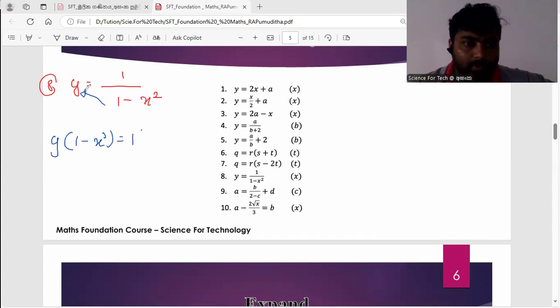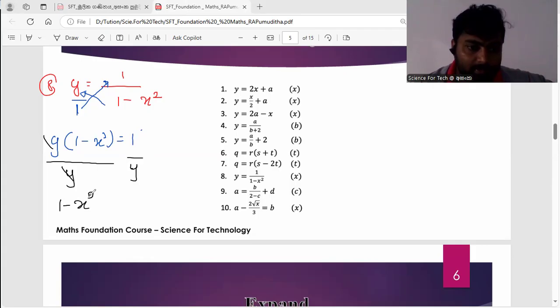Okay, you can do the cross multiplication in here, because here is 1. Then if you multiply this 1 by 1, the answer is 1. There is no difference. Then I want to remove this y. So I want to divide this side by y and this side also by y. y to y get cancelled. Then the answer is 1 minus x squared equals